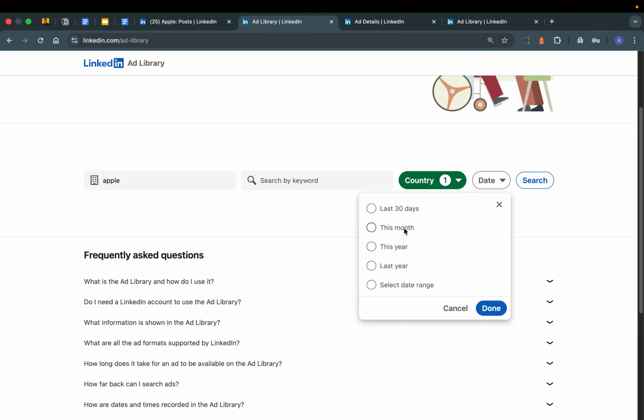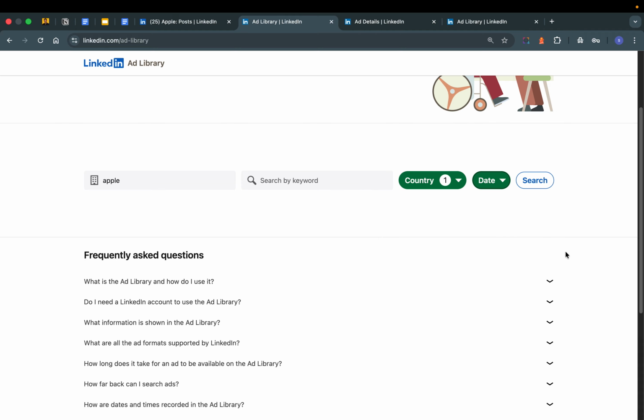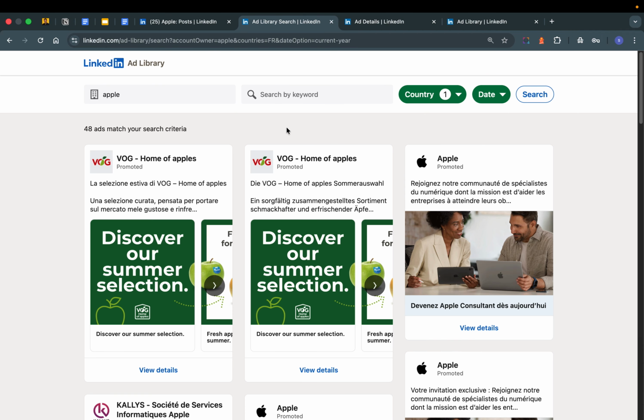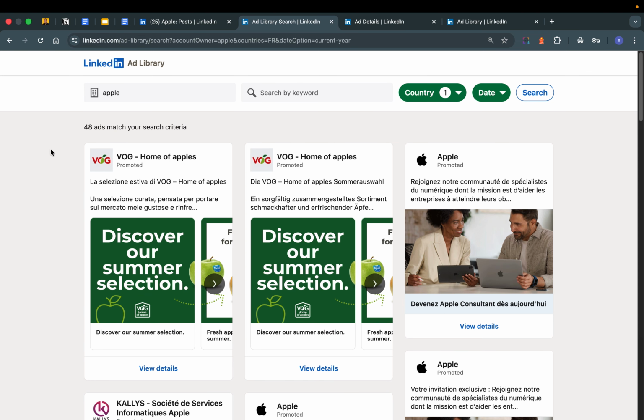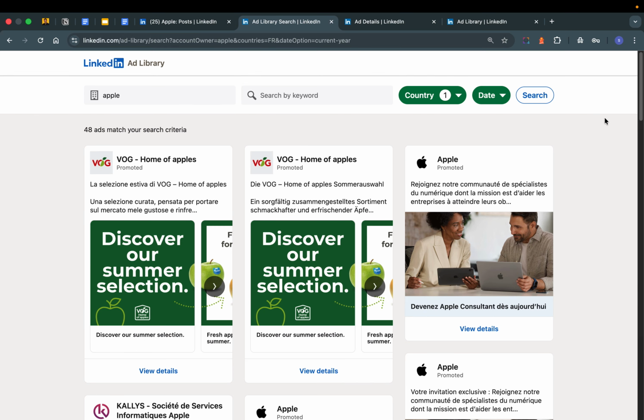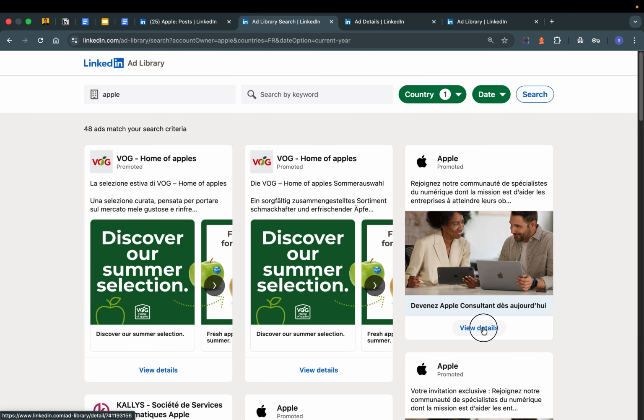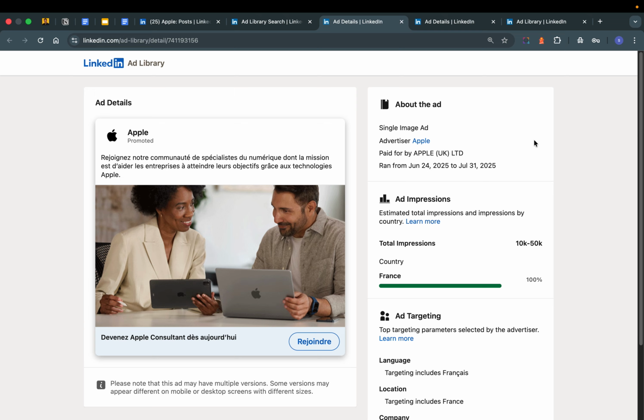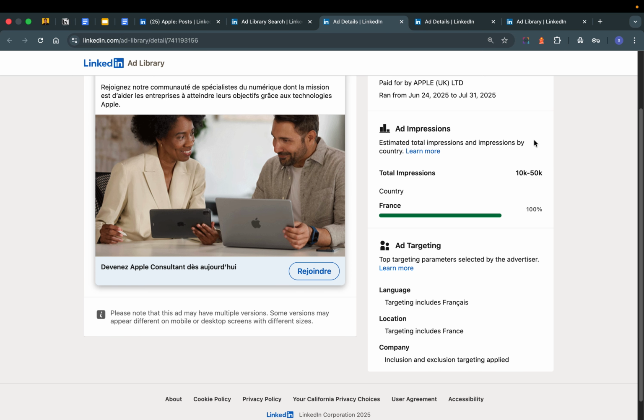In the date, I'll probably choose this year, done, and then search. So yeah, we see Apple's ad, and we also see another Apple's ad which we don't want actually. So this is the disadvantage with this method. So yeah, let's click on this one, view details, and because they're running this in European Union, you get